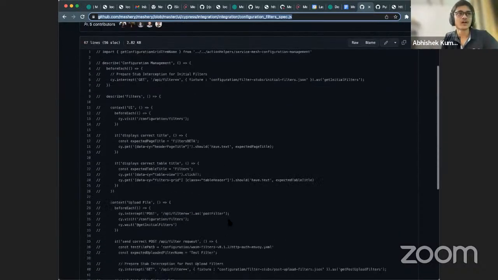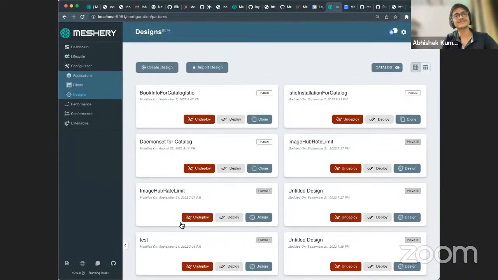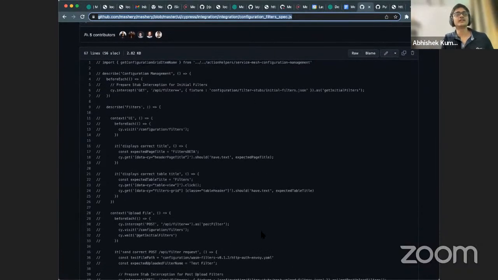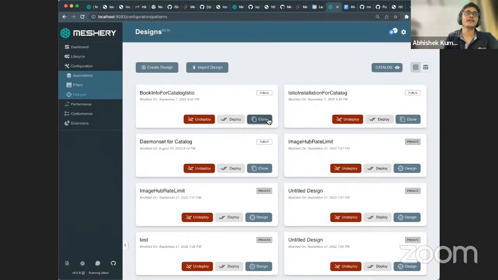around filter spec only. But after the GraphQL updates, all these items are now fetched or updated based on the GraphQL resolver. After that, these tests got some problems because previously they were all relying on the API calls. So these were commented out, and there is a need to uncomment all these tests. This is filter spec, but the more important are the design spec and applications spec. So we need to create a new test suite for applications, designs, and filters, and uncomment the existing one.